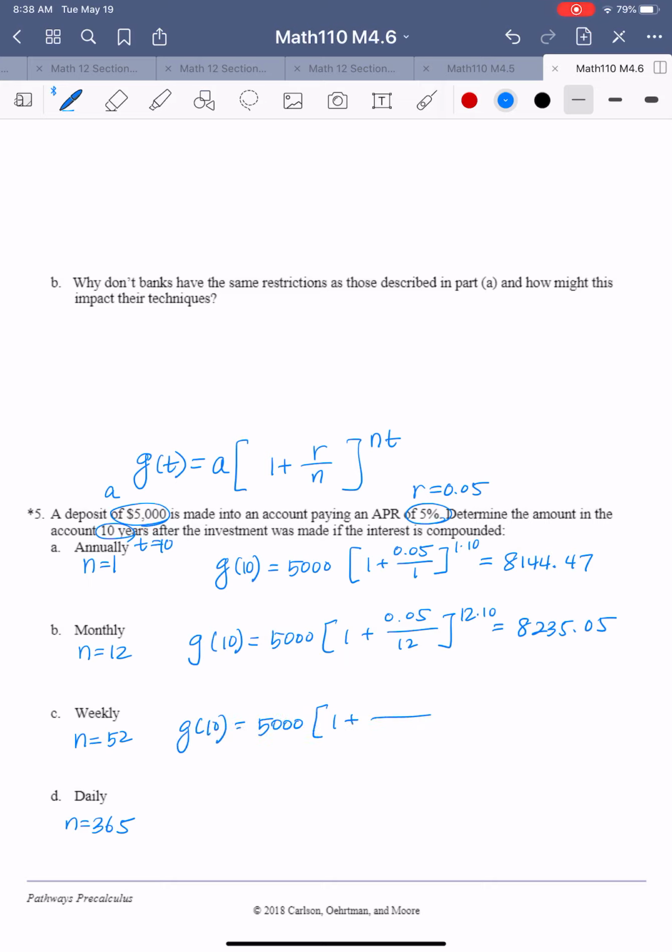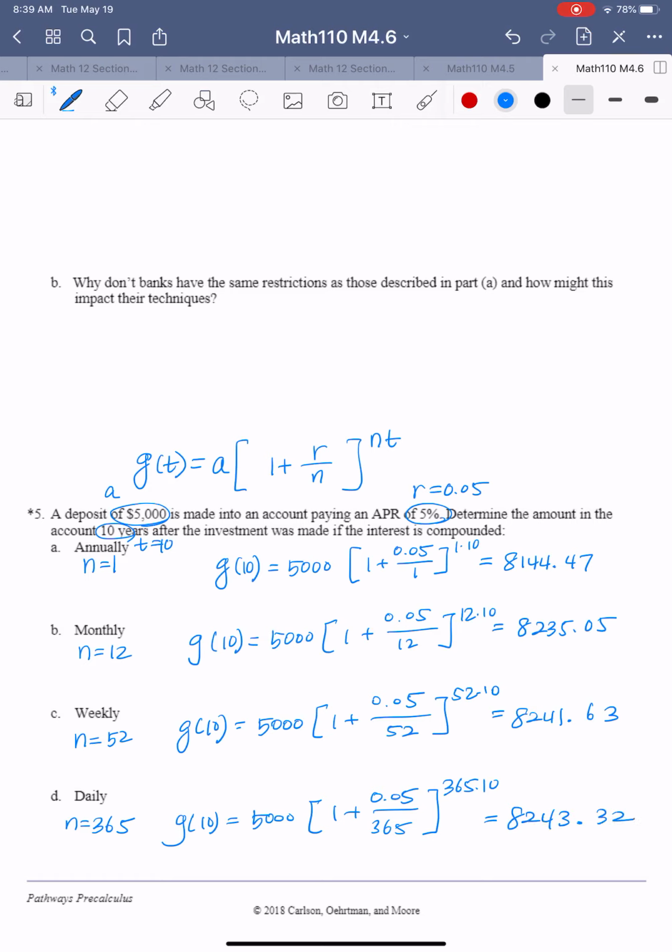And then G of 10 for 5,000. 1 plus 0.05, but this is 52 times a year. So 52 times 10, which you get $8,241.63. And then G of 10, which is still 5,000. 1 plus 0.05, but 365 times a year. So 365 times 10. And then you get $8,243.32. So as you noticed, the more interest periods, and then you get